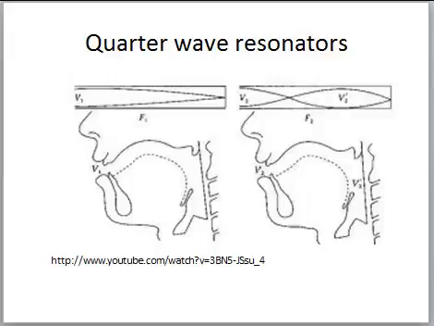Before we get to that, I just want to mention quarter wave resonators. We looked at this idea, but we didn't talk about it in depth. So tubes that are open at one end and closed at the other, just like the vocal tract, behave as what we call quarter wave resonators. So that is to say, only wavelengths that are either a quarter, 3/4, 5/4, 7/4, any multiple of a quarter wavelength result in an antinode at the open end so we can hear the sound.